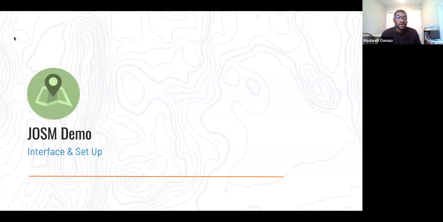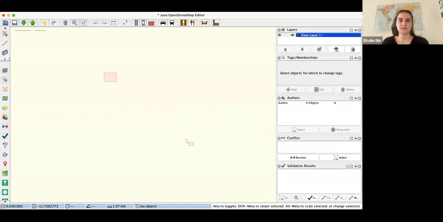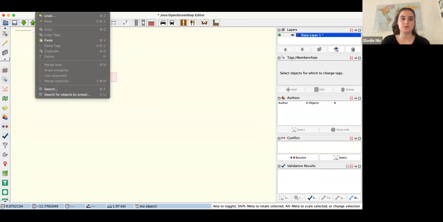So now I will hand over to Elodie to give you a quick demo on the interface and how to set JOSM up. Yes. Can you just confirm they can see JOSM now? Yes, we can. Perfect. So I'm just going to walk you through some of the things that Maxwell went over. If you are just setting up JOSM for the first time, the first thing that you'll want to do is go to,